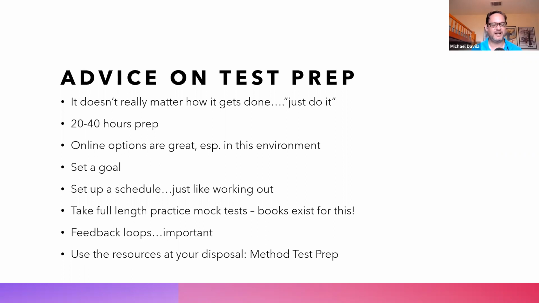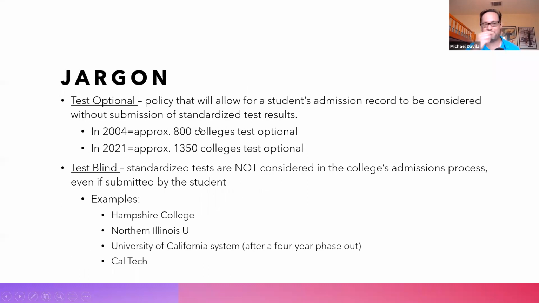I made a 92. I got a raise and I got a speeding ticket on the way home from that test sitting that day. And I didn't care, just because it was over and I crossed that finish line. I had set a goal. I had done 40 full-length exams, which I don't think anyone needs to do for the SAT or ACT. But I did definitely use paper. I used pens and paper. That's how I got it done. Just do it, to that first point.